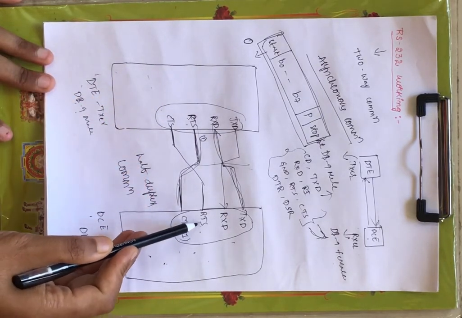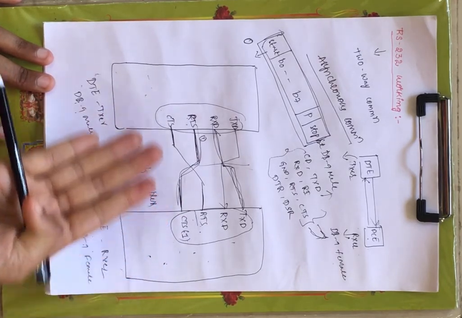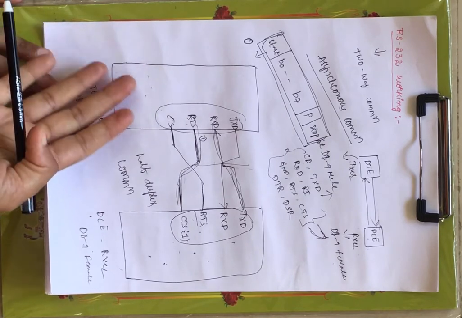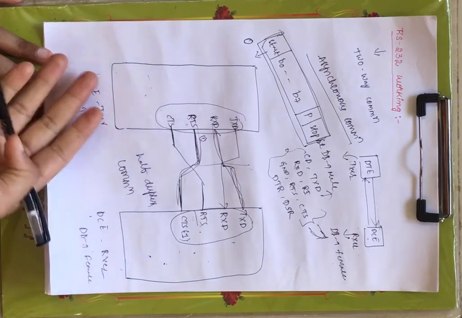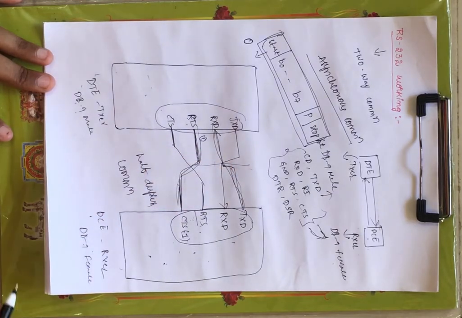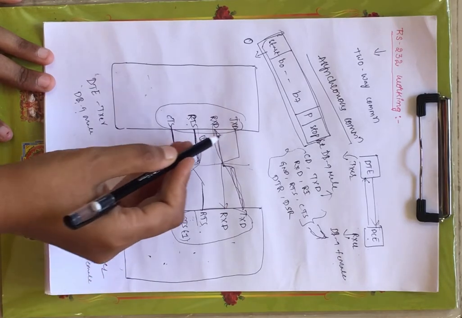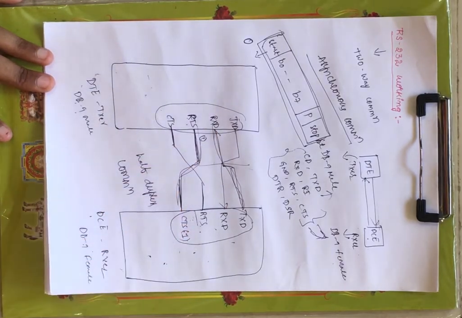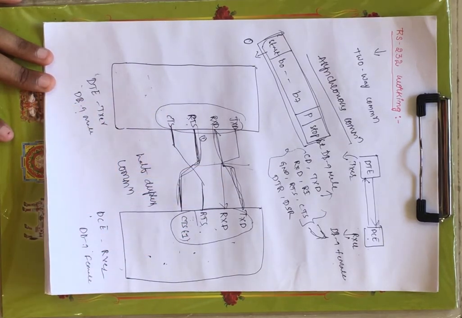And next DCE will generate a request to send the data to DTE. Now DCE is requesting to send the data from DTE. Once it is requesting, the CTS signal is generated from DTE. That means it will check whether the path between your DTE and DCE is free for communication or not. Once the path is free for communication, DTE is transmitting the data and DCE is receiving the data. Based on these 4 pins only, RS-232 working is possible.